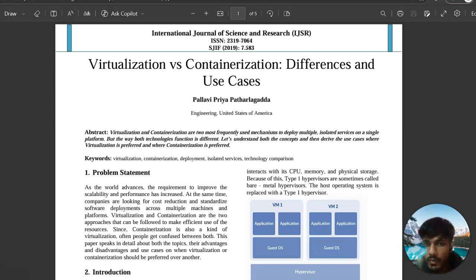Now we will understand the main problem associated with this: they need partitions of resources, not the full resources. And from the point of view of cloud computing service providers, they need a mechanism to partition these services from the big computing hardware. So there comes the concept of virtualization and containerization.